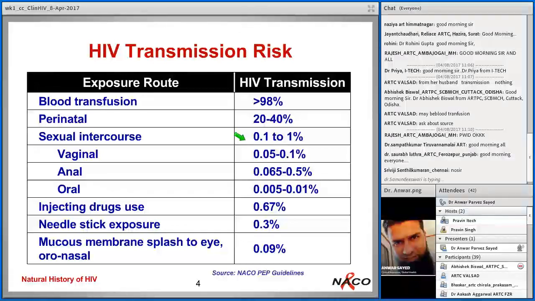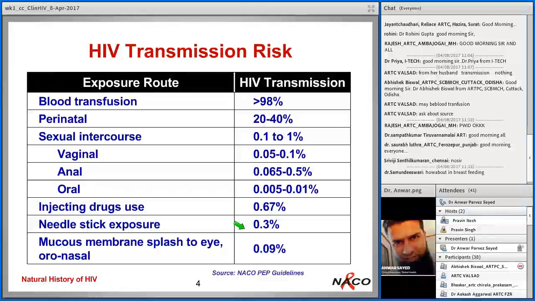Needle stick injuries, now this is very important to remember, 0.3%. That means if you have a needle stick injury with an HIV positive needle 100 times, there is 0.3 times risk, or if you increase it to 1000 times, then it is only 3 chances that a person will get HIV. But you don't know which chance that is, but this will help you in explaining to a person who comes to you or reports to you a needle stick injury. So this will calm them down, that it is not the case that if I get a needle stick injury, I have become HIV positive. That is not the case.